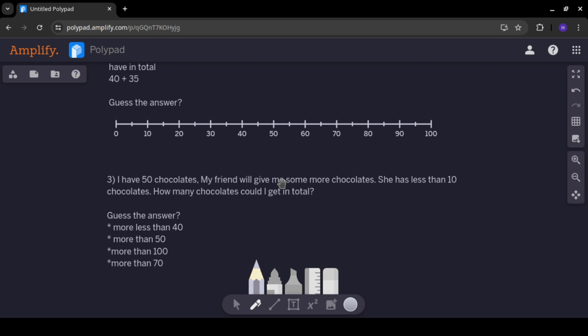So ideas like this, they can develop. Here also you can vary this, right? Here I've asked less than 10. You can also say between 20 and 30. She has chocolates between 20 and 30. You don't know. She has not really counted yet. Okay. Such contexts will also help build this idea of estimation. All right. Thank you so much.